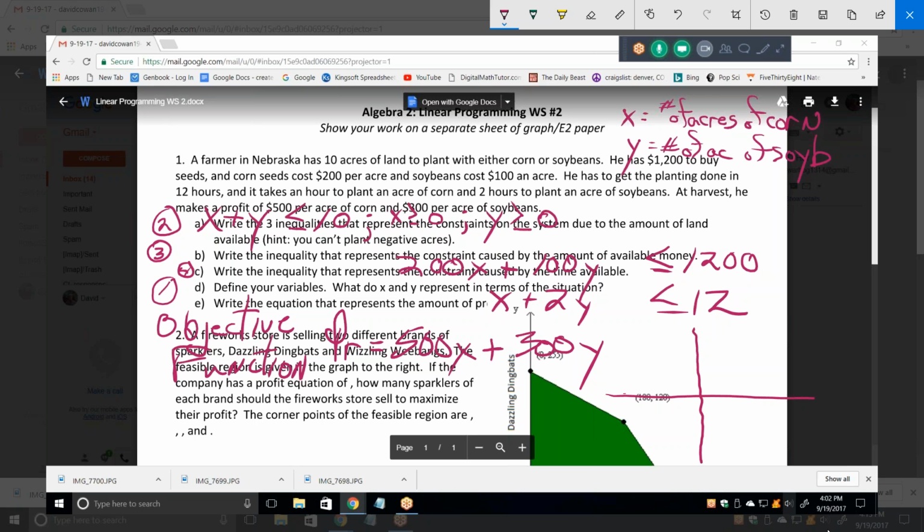Now, what I have to do is graph each of these. And whatever section of the graph is covered by all 5 constraints, that'll be my area, the feasible